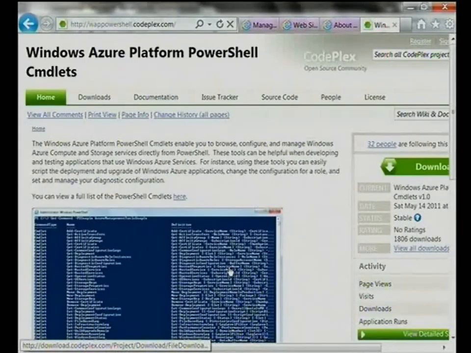Now, like I said, you want to automate this. There is a REST API available to work with the Azure Management Portal. And it is really hard to work with REST directly. I mean, you're not going to have your ops person going in and typing in all the REST commands and uploading things. So what the PowerShell commandlets do is they basically put a wrapper around all these things.